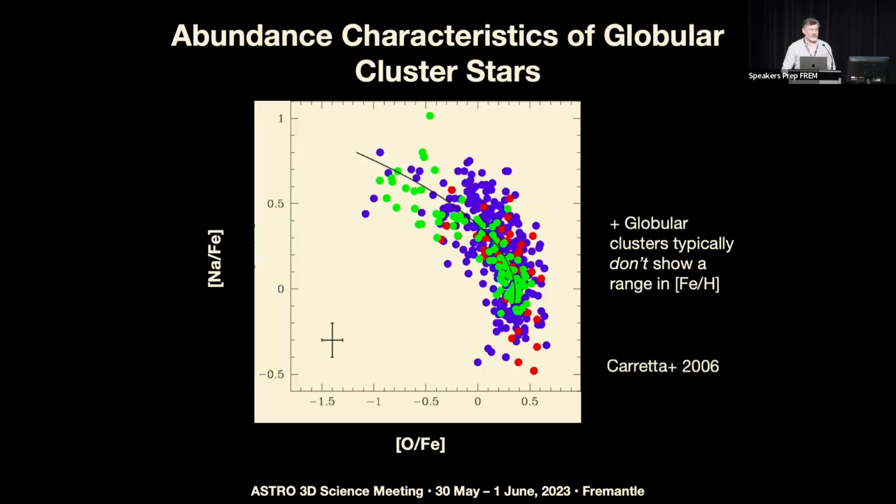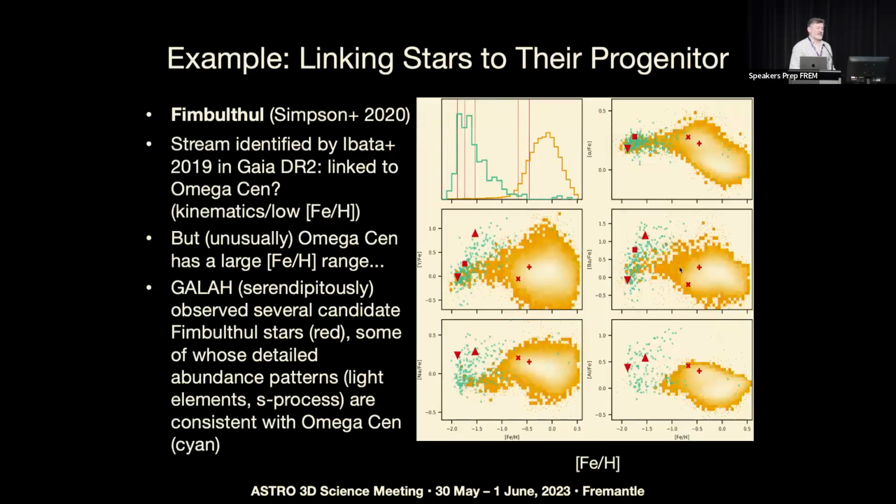All right, so what can we do with GALAH data? Well, one example was linking stars to their probable progenitor. So a stream was identified by Ibata et al. using Gaia DR2 data, so basically based on the kinematics, and was potentially linked to Omega Cen. Jeffrey Simpson, who used to be one of us, and has now moved on to the next plane of existence, i.e. outside of astronomy,